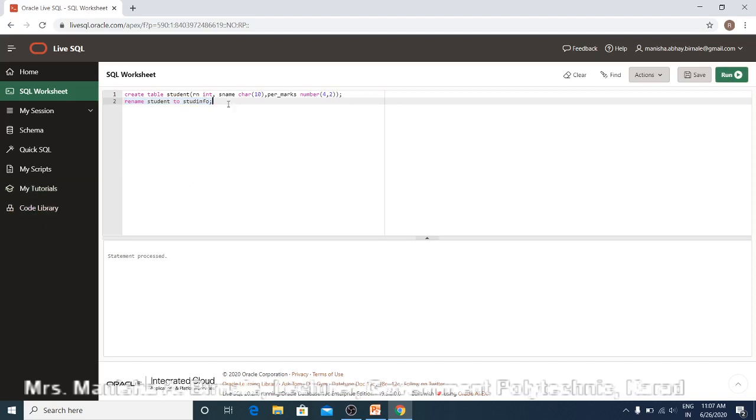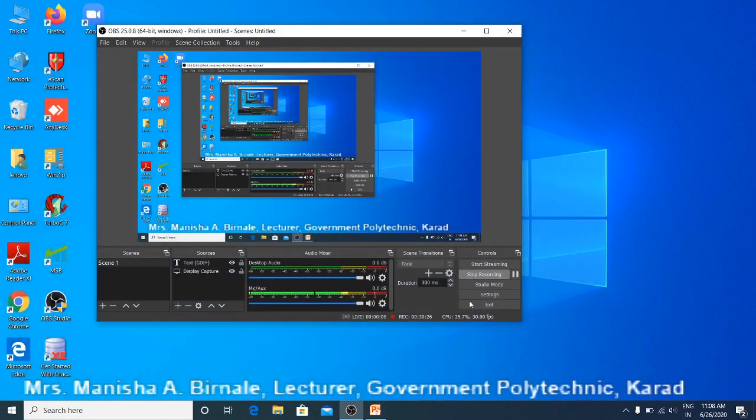So in this way you can run your SQL commands by using live SQL also if you don't have Oracle software on your computer. For execution purpose only, you have to select the specific command and then click on this run button. So this brings us to the end of